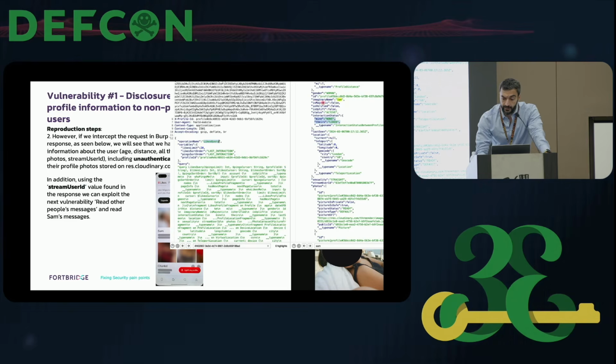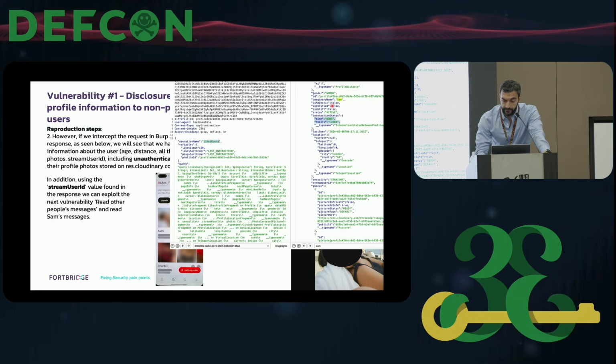In this case, we see an imaginary name, Sam. Interaction status: they liked us. We didn't like Sam yet. The status is active, so Sam is active and is not a Majestic, meaning a premium user. And we see a photo section.